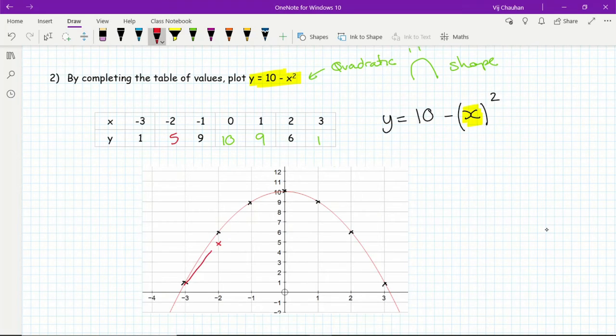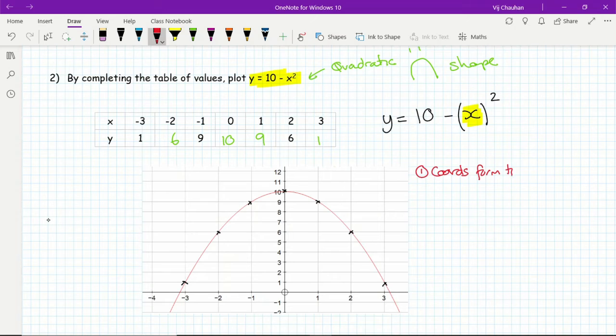So for example, if I was to join those points up, it just looks a bit out of place. So this is why it's really important that you check your values, and drawing a graph will hopefully identify any mistakes drawn in your plotting. So again, just to go over, make sure that your coordinates are correct,